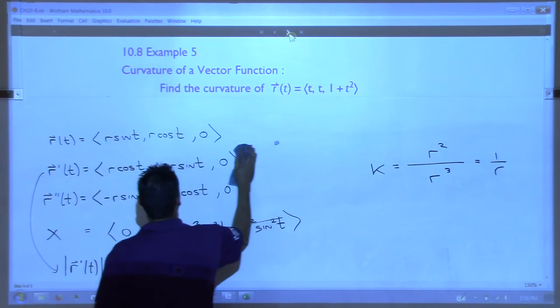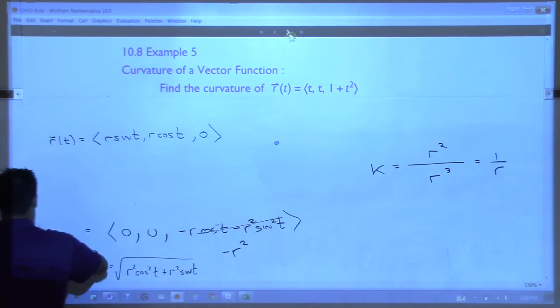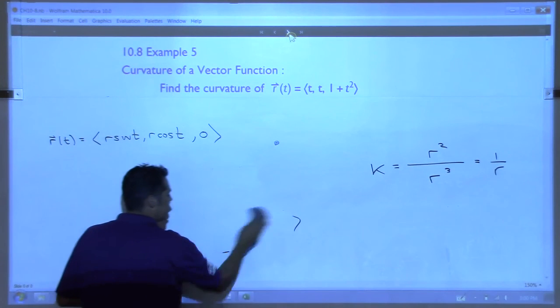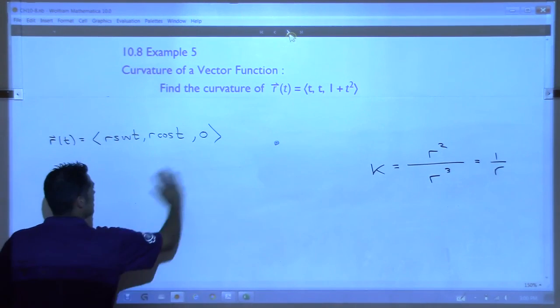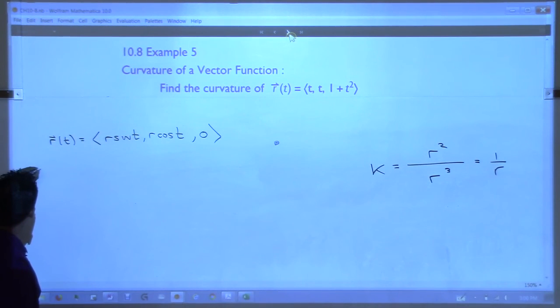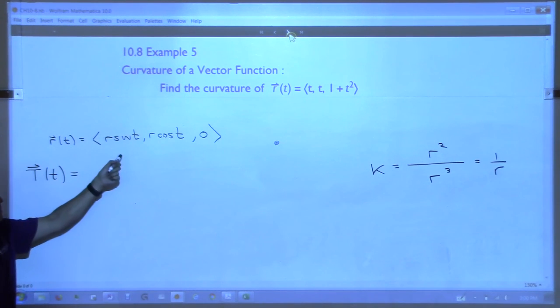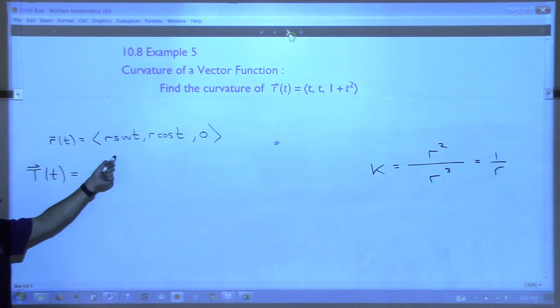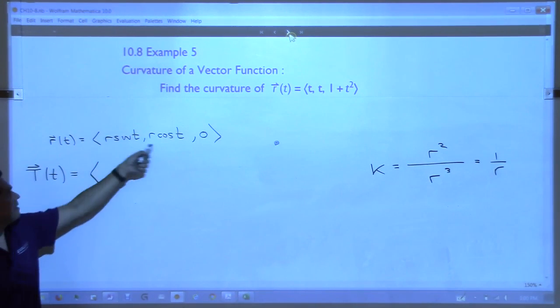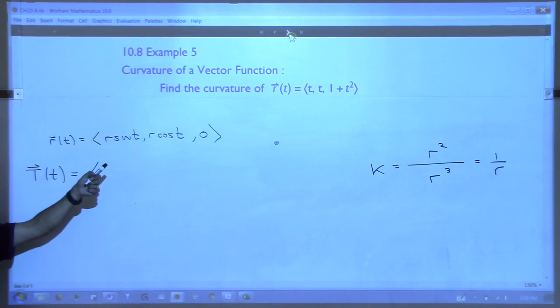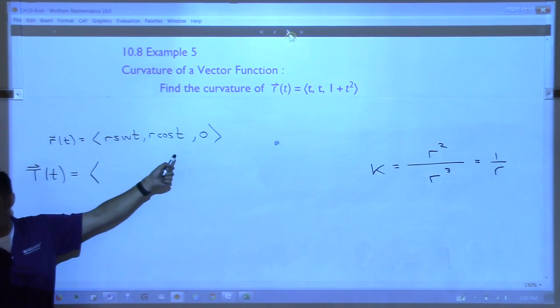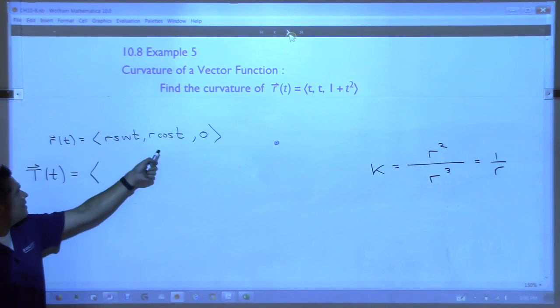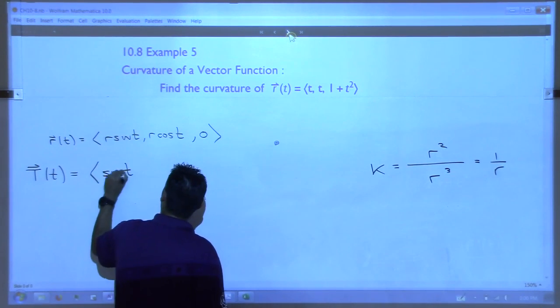So remember, we're working with this right here, right? So let's try and figure out where, when we just breeze through it verbally, where the mistake was. Capital T of this is that divided by its own length, right? Yes. So what happens if you take that and divide it by its own length? I think that's the part right there. Yeah. Because what's the length of this vector? 1. No, not 1 this time. It's r, because remember this is a circle of radius r. Yes. So when you divide this by its own length, all you get is sine t cosine